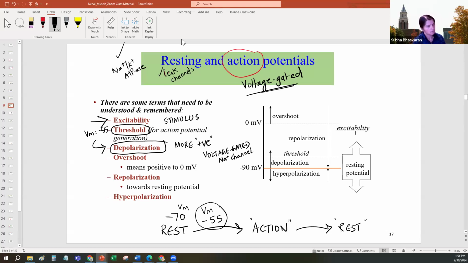But what channel are we talking about? Voltage gated. Voltage gated are powerful. They bring in more sodium so it can go all the way to a very positive voltage. It can go all the way up to +61 millivolts, depending on the size. Got it? And that's where overshoot means positive, closer to much higher positive. And then the cell has to come back, yes or no, right? So this action is the involvement of voltage gated sodium first,